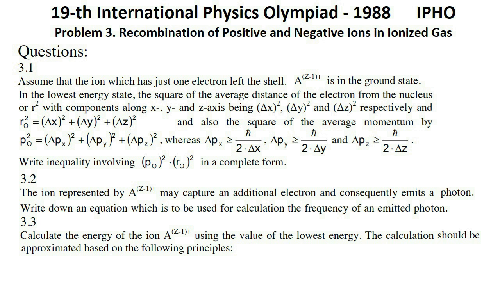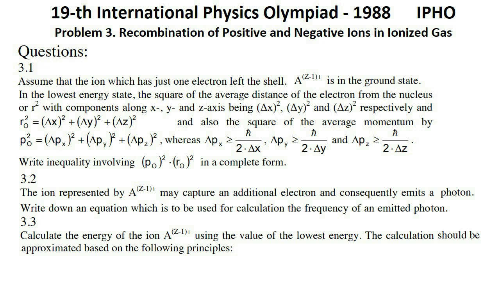Question 1. Assume that the ion which has just one electron left in the shell, (Z-1)+, is in the ground state, the lowest energy state. The square of the average distance of the electron from the nucleus, r0 squared, with components along the x, y and z axes being delta x squared, delta y squared, delta z squared respectively, and r0 squared equal to delta x squared plus delta y squared plus delta z squared,